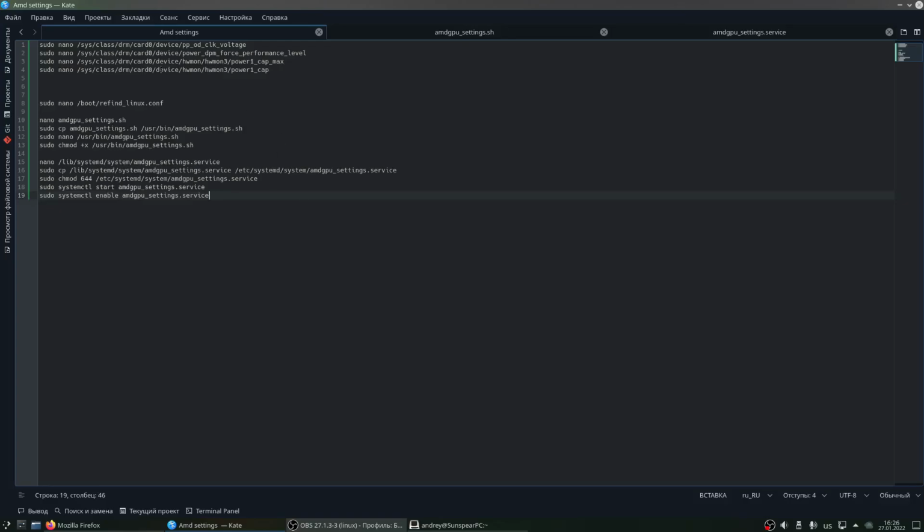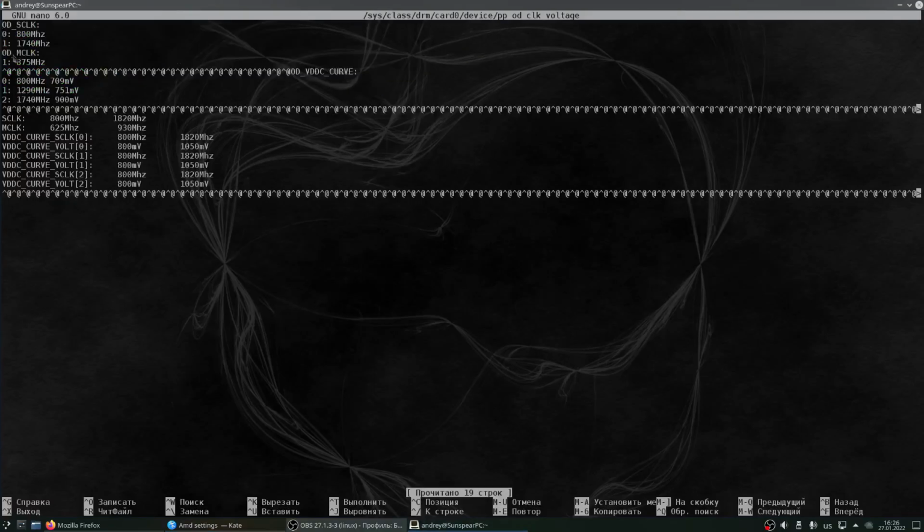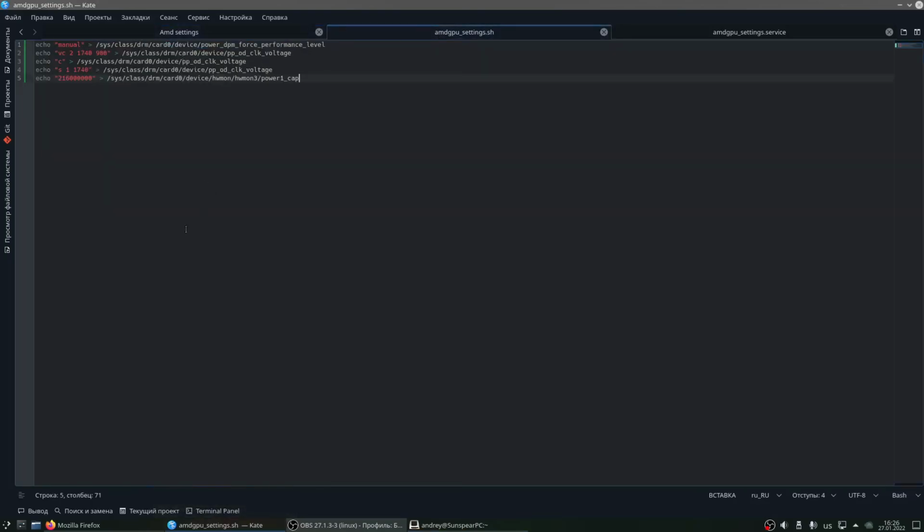So after you do this, you can check, for example, if voltages are applied. If these voltages are the same as you put in the file amdgpu-settings.sh, then it's okay.